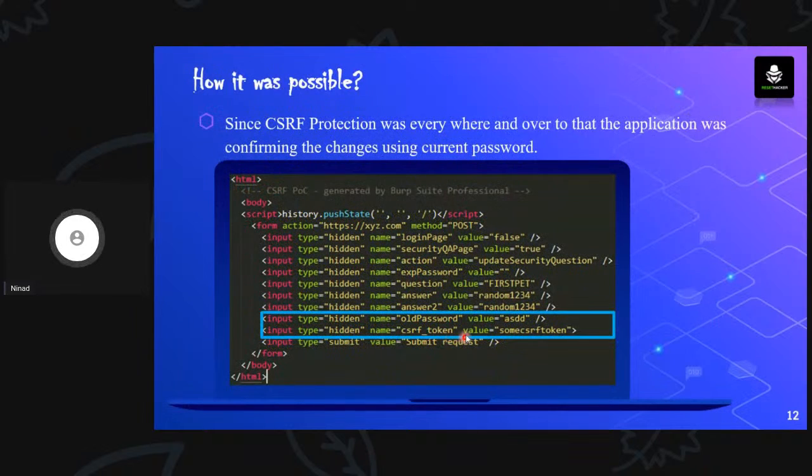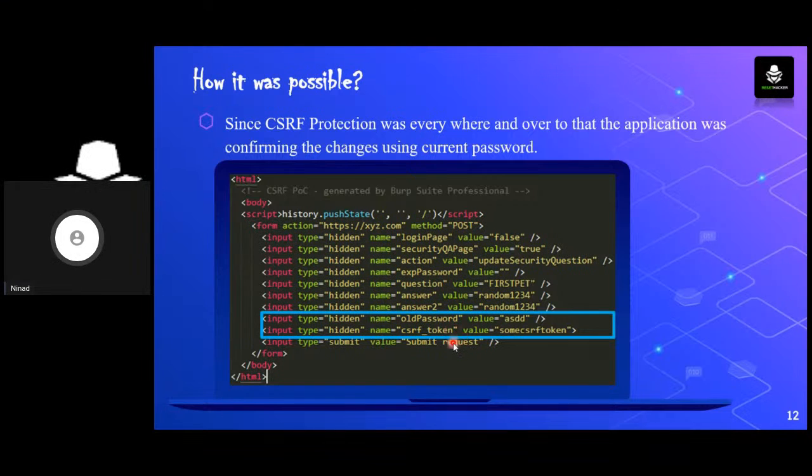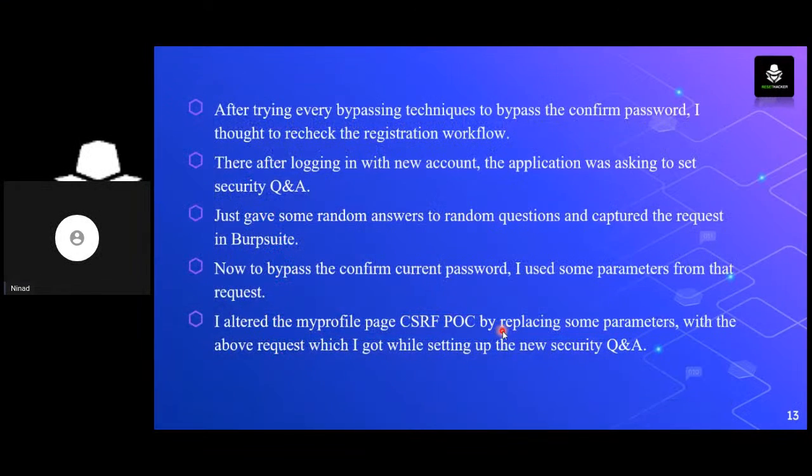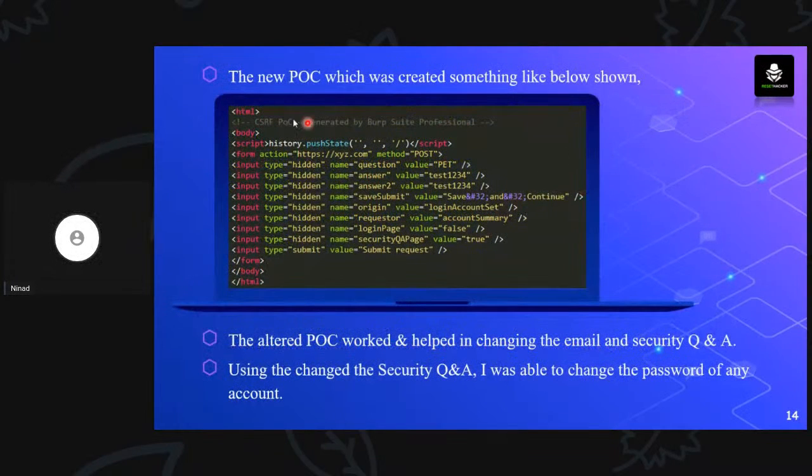So I was removing the old password parameter and the CSRF token parameter, and adding two or three extra parameters to the CSRF request. If you can see, the new POC is like this: all these things till save submit were the same. Here the origin parameter was new, the requester parameter was new, and the login page and security page I guess were in the old POC also. So here I added these two parameters